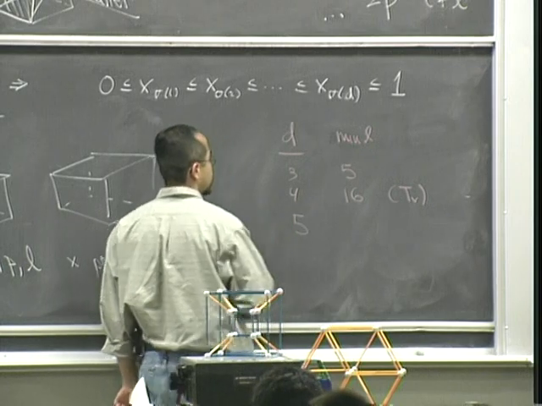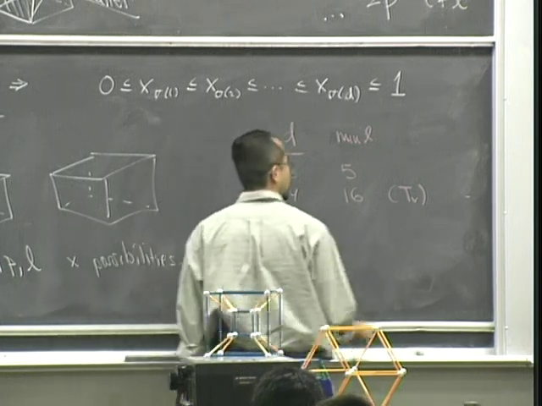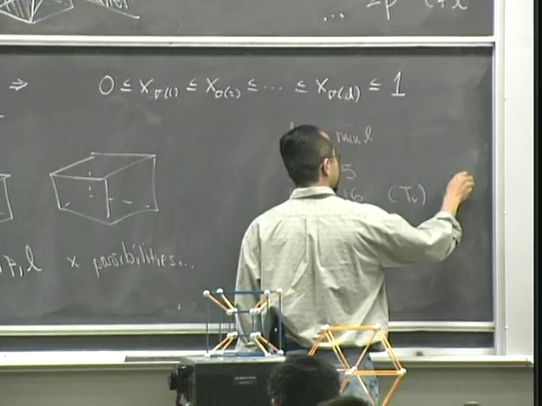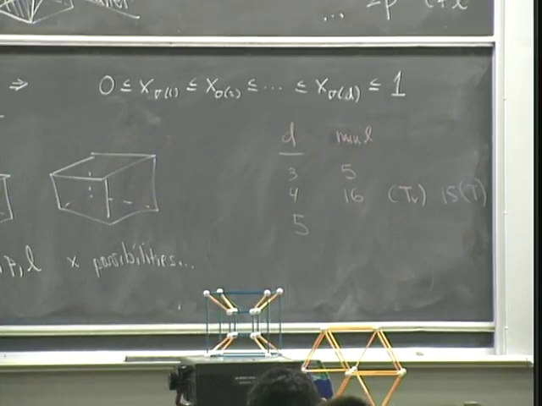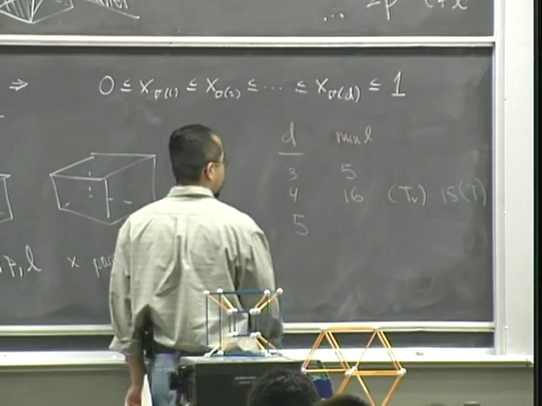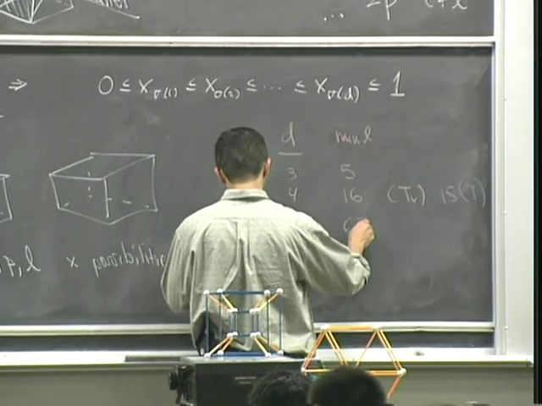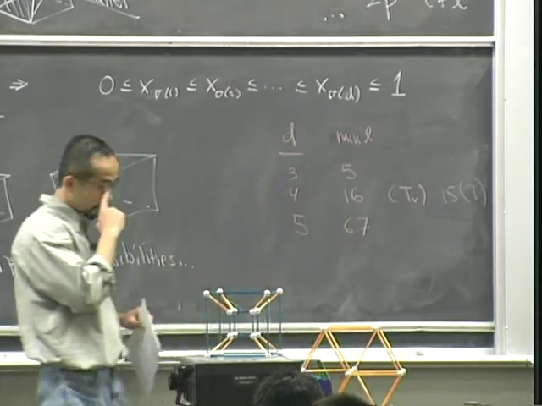And actually there is one of 15 where you allow anything. Okay. For 5, it happens to be 67, and I can give you some